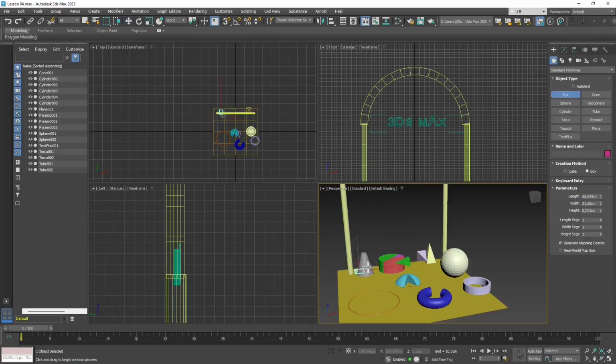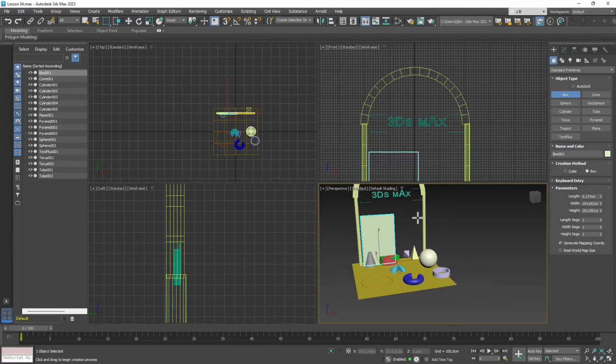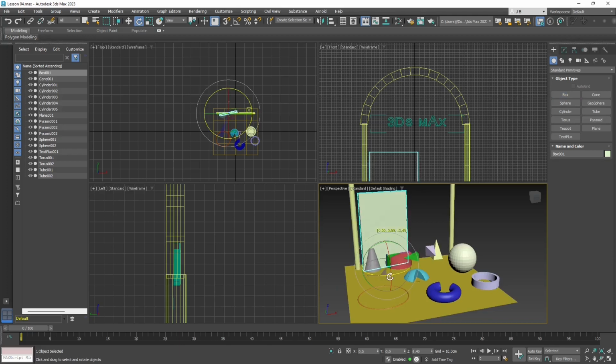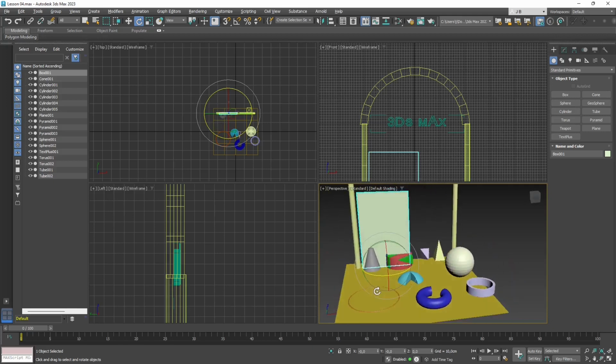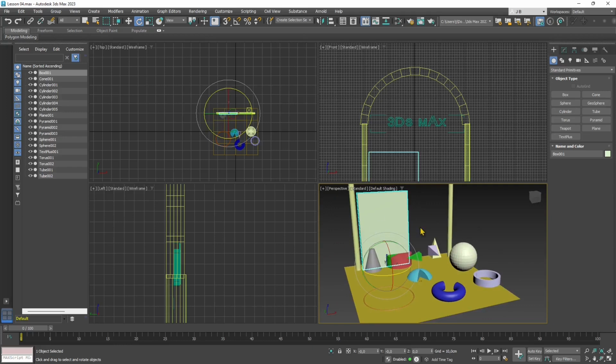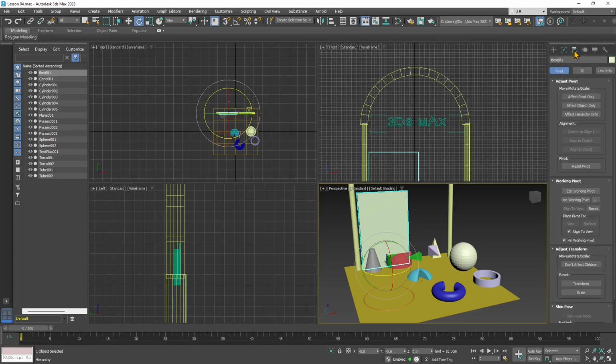So again, I'm gonna create a box here. I want to create like a door that I want to place there. So this is gonna be like a door panel. But if I rotate it, if I use the rotate tool around the Z axis, well, it doesn't rotate like an actual door. So there is another really important tool you need to know when you work with transformation, and that is the pivot. Now to access the pivot, we need to go to the hierarchy panel there in the right,